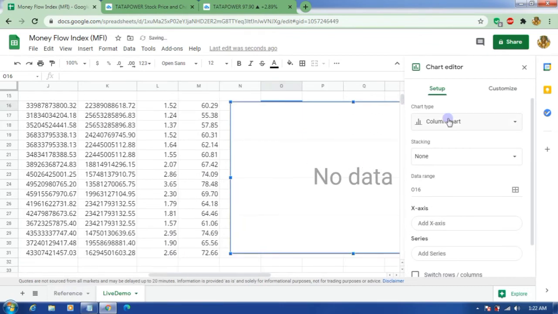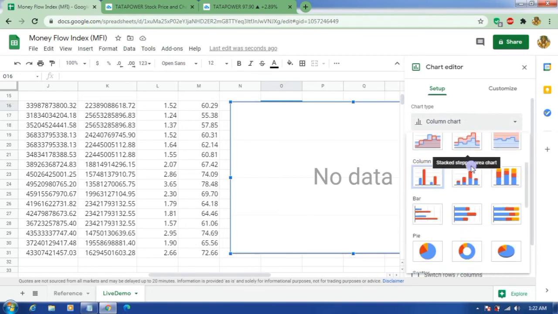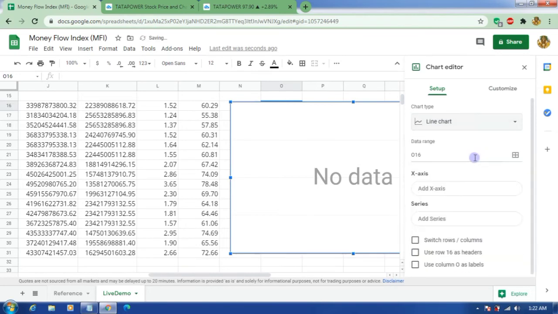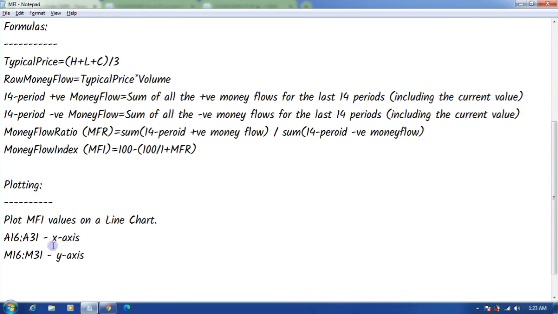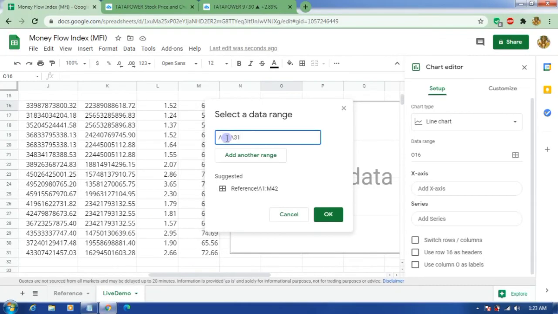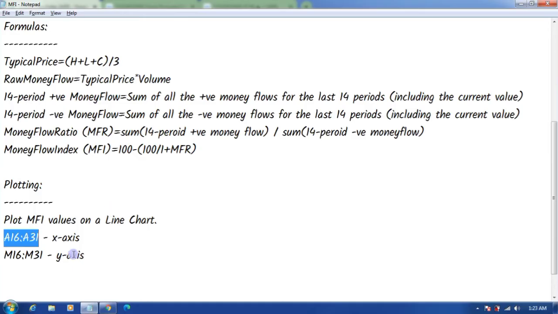There's no data as of now, so you are going to set it up. I want to create a line chart. What is the data range for this line chart? That means what data is included in that range. I need A16 to A31, and add another range, that is M16 to M31.